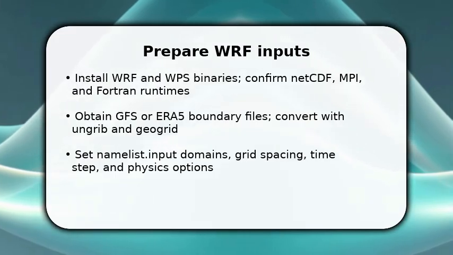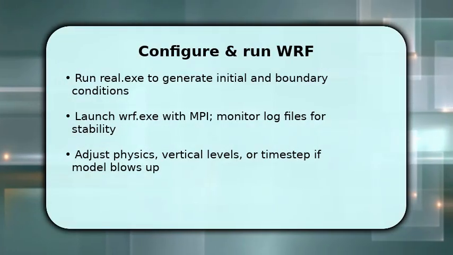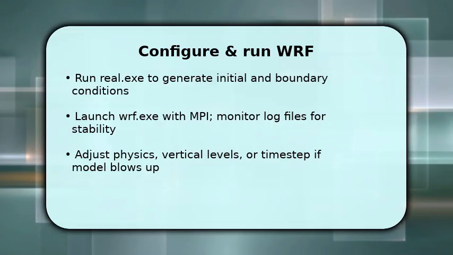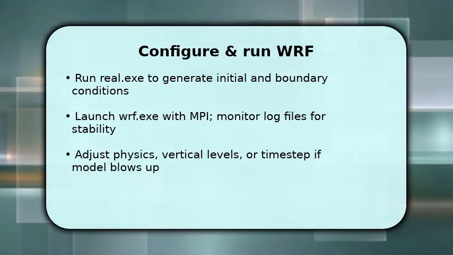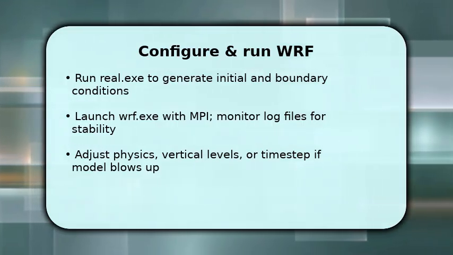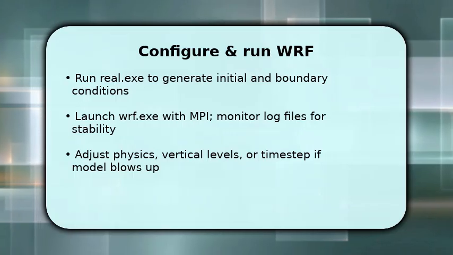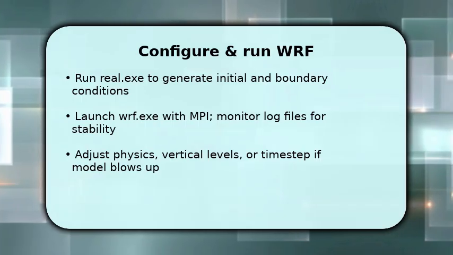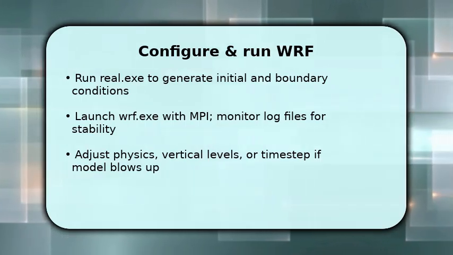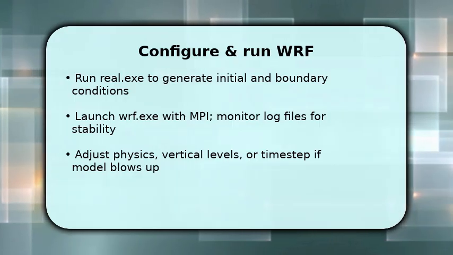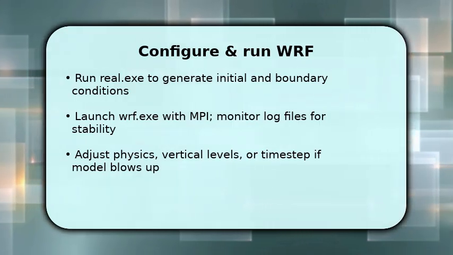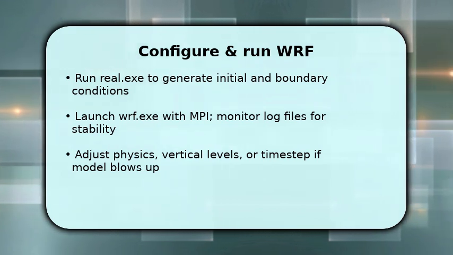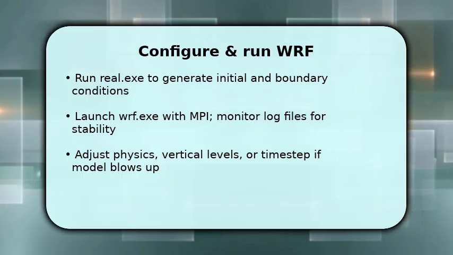You now move into the core execution and tuning steps that control simulation behavior. Run real.exe to ingest the preprocessed fields and produce initial and boundary files, verify file timestamps and domain coverage. Then start wrf.exe under MPI on your chosen node count and watch rsl.out and rsl.error for spikes or NaN occurrences. If the run destabilizes, reduce time step or tweak PBL/convective schemes, small changes to physics or vertical resolution,